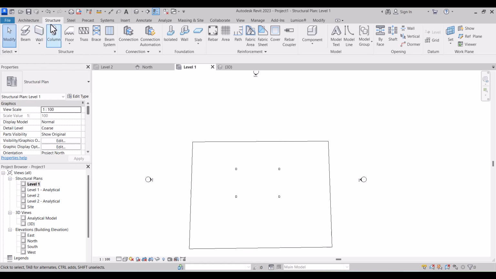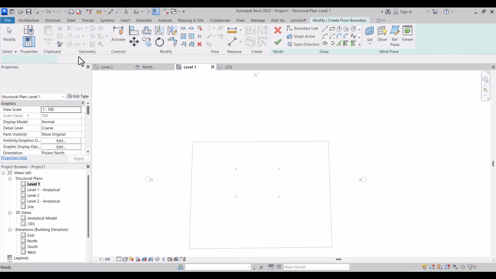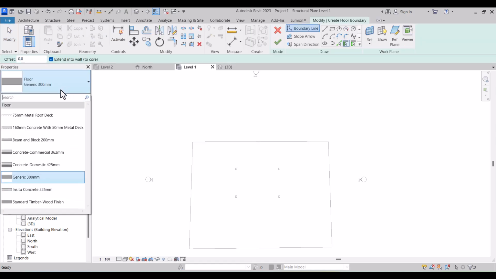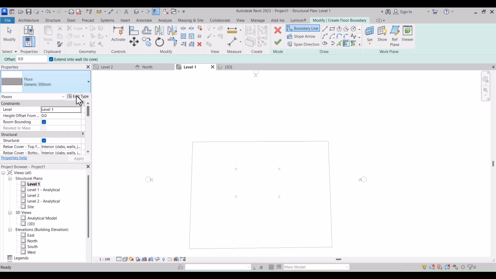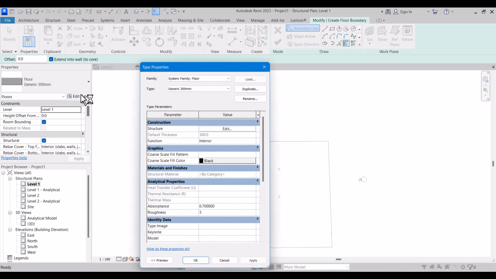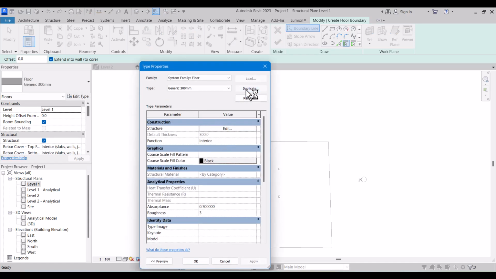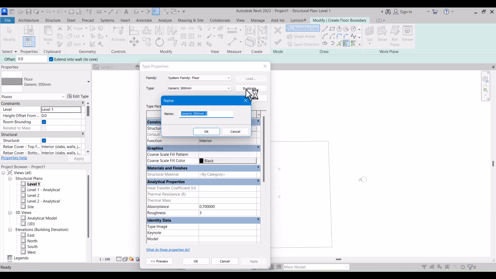So when I come to the structure tab, under the structure area, I have floors. I'll click here and pick structure. You can see we have a series of floors here. So I'm going to do edit type at the properties palette, and I'll come to duplicate. So we create our floor, which will be slab